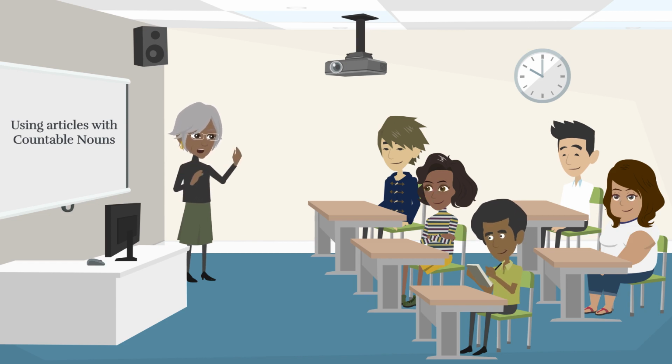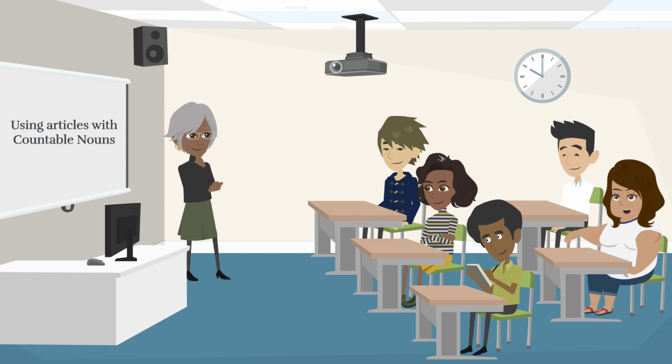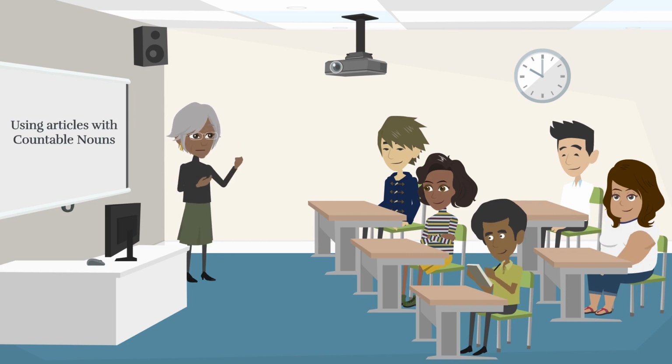Can you think of an example where we don't use any article with countable nouns? Dogs make great companions. Great job. In that sentence, dogs is used without any article because it refers to countable nouns in a general or plural sense. When using articles with countable nouns, the indefinite articles a or an are used with nonspecific countable nouns, while